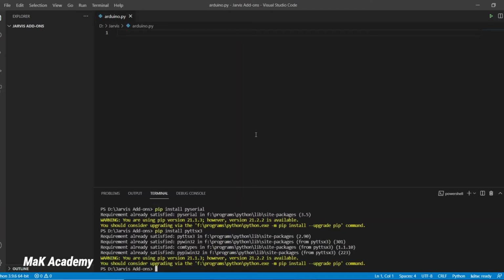Installation is complete. So another library that we need, and this is the last library that we need to install, is speech recognition library. We need it because we want Jarvis to actually understand our voice and convert it into text. So for this I will type pip install speech recognition and hit enter.